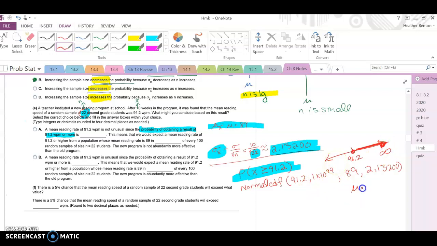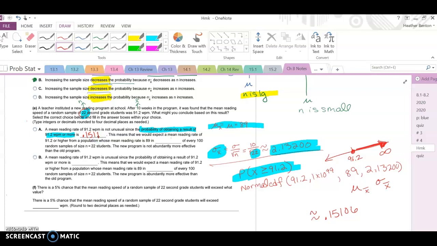Our mean is 89, and our standard deviation is 2.13200. And so when I put that in my calculator, I get approximately 0.15106. So to the nearest tenth place, that is 0.1511,